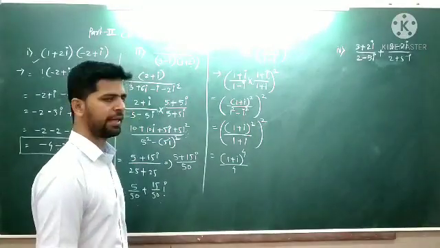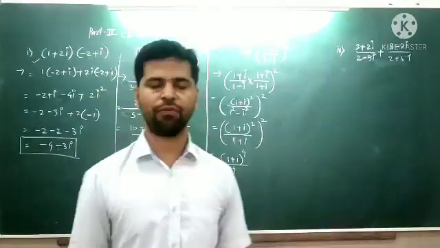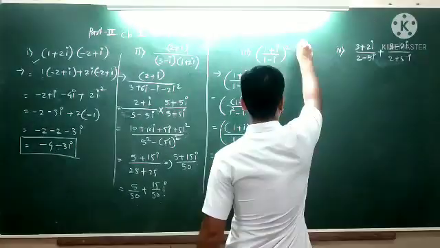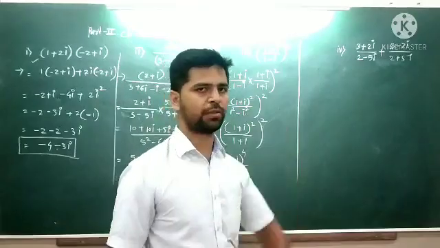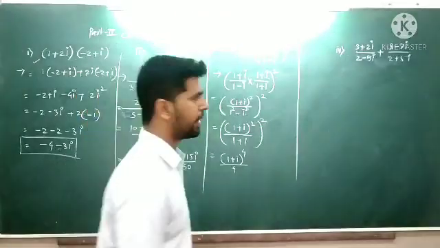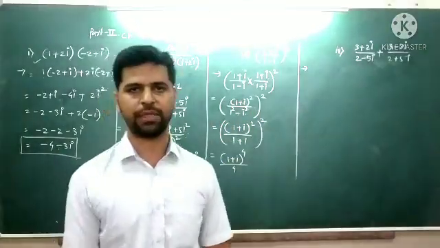So this is how we can convert this complex number into standard complex number form when you have a complex number in the denominator. Okay. Now next, 3 plus 2i divided by 2 minus 5i, plus 3 minus 2i divided by 2 plus 5i. Okay, we can see there are two fractions. In both the fractions there is a complex number in the denominator.